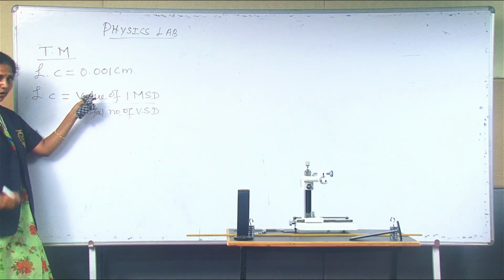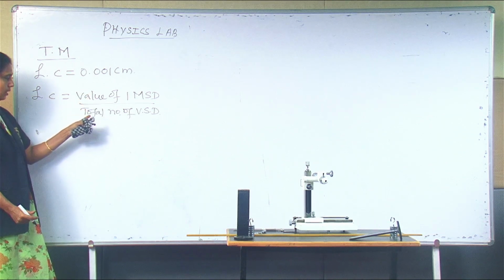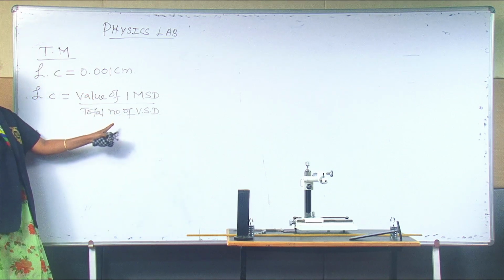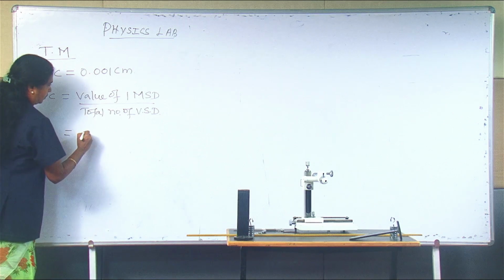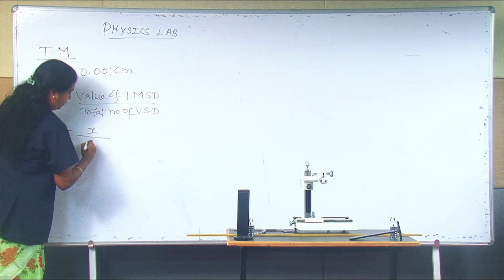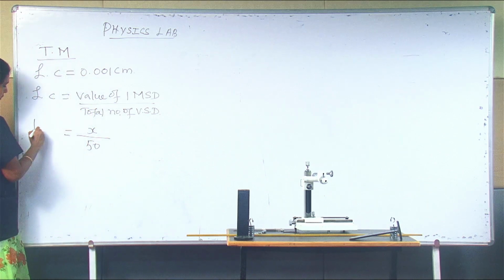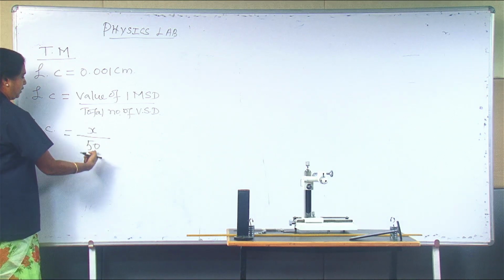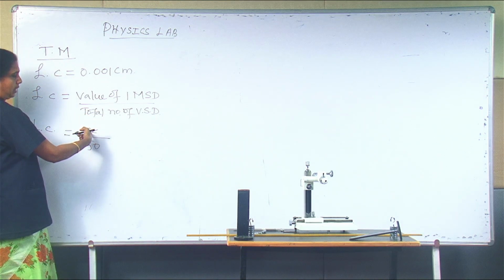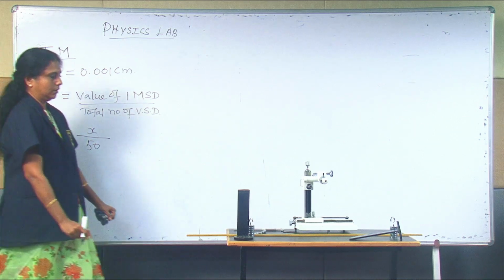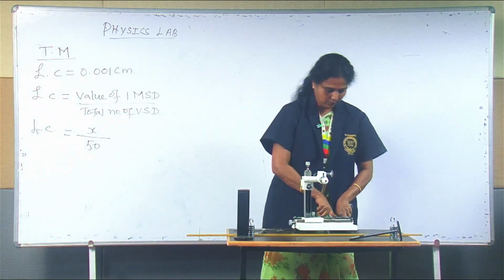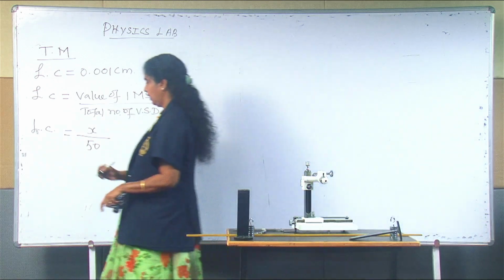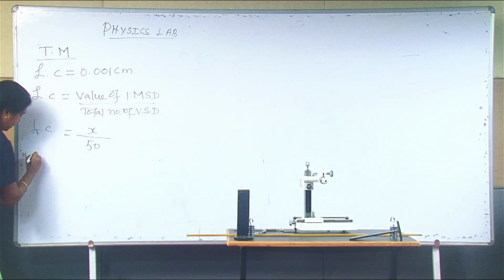You don't know the numerator, the value of one main scale division, but when you look into the apparatus, you can find the number of vernier scale divisions easily. That is some x divided by 50. So the least count. If you cross multiply these two, you can get the numerator, right? Or if not, when you look into the apparatus, 1 centimeter contains, in the main scale,